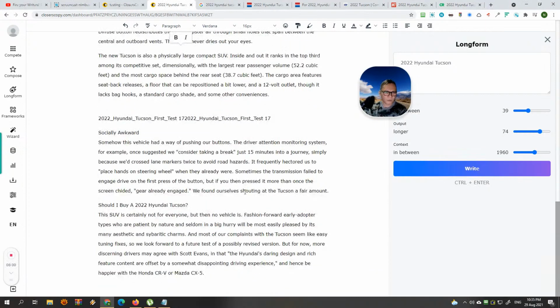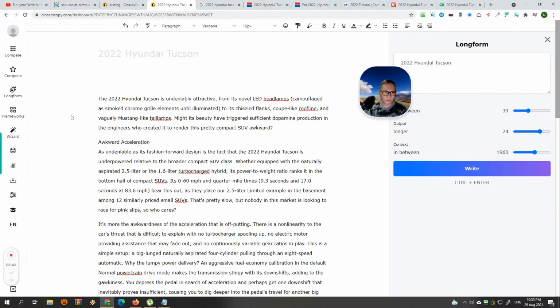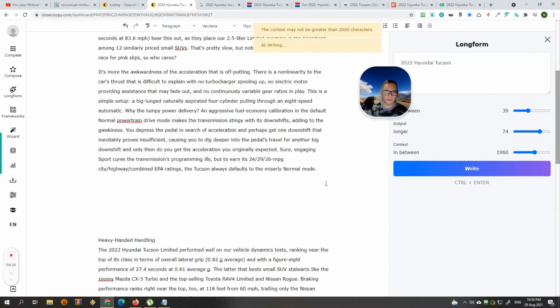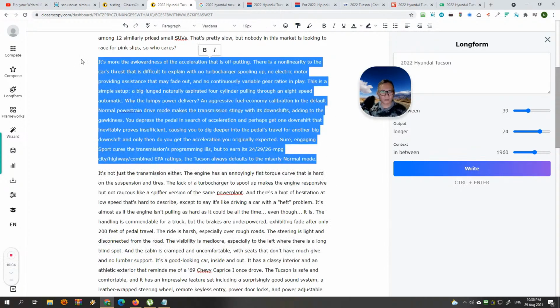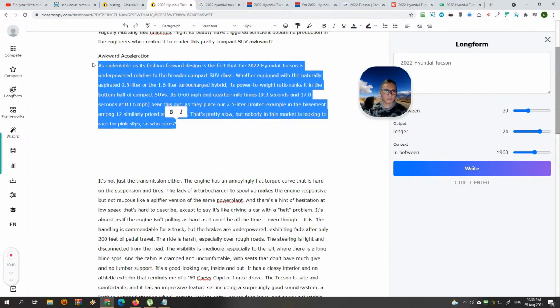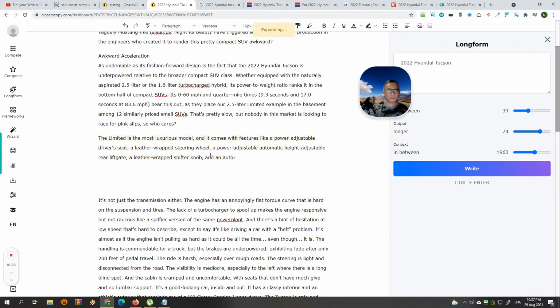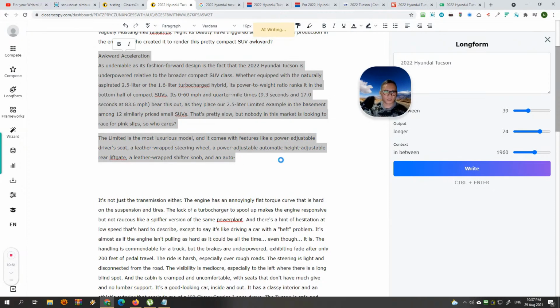I don't know the limit of how much text you can highlight and then write from it. Oh, there. May not be greater than 2,000 characters. So, damn it. Let's see what it comes up with. Eliminate the source. That's really all you do. Let's try GPT-3. I forgot. Oh, expanding. So that's expand. Delimited. Okay. Control A. Instruct.